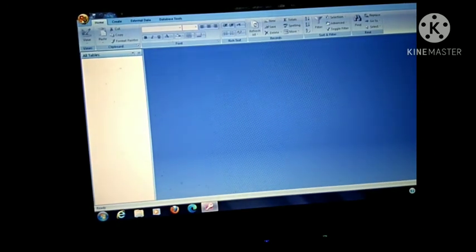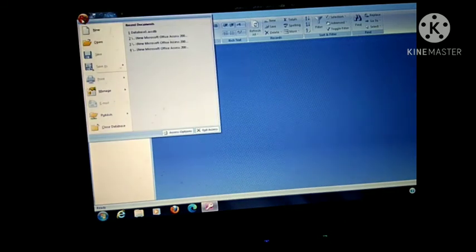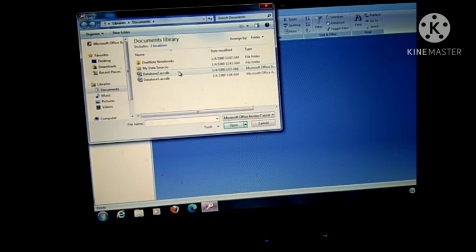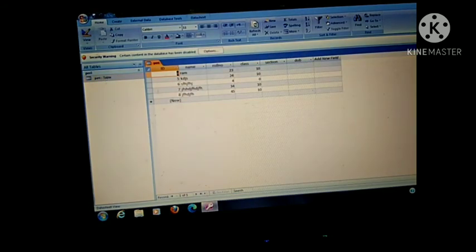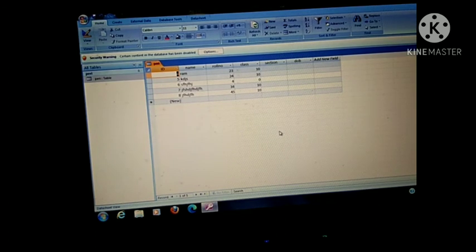Now database 1, I have done nothing. So I will show you my second file, database 2, that what I have done there, it will be saved. So I am clicking on this open option. So this one is my table 1. Name of the table is Periwinkle. I am double clicking on this one. Now this table is here in front of you.